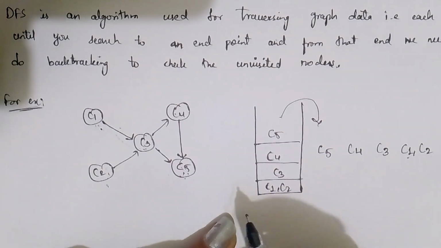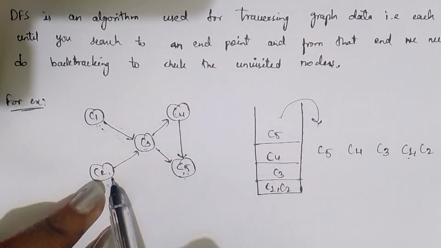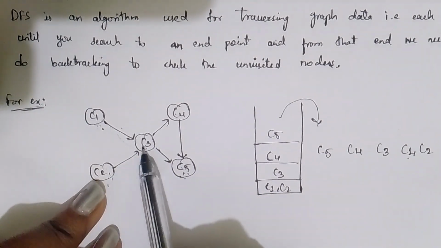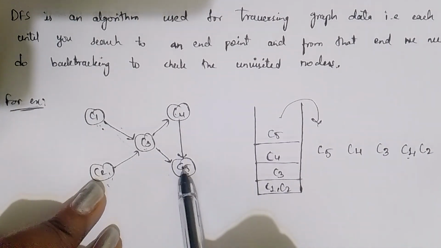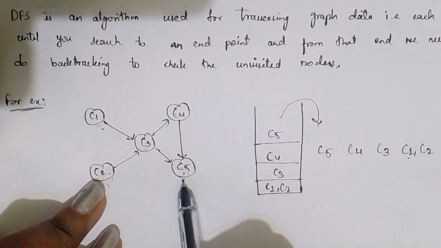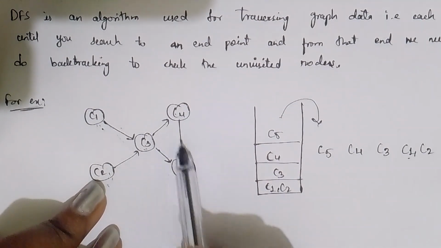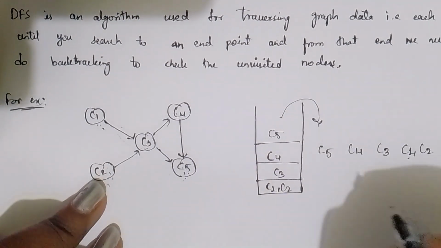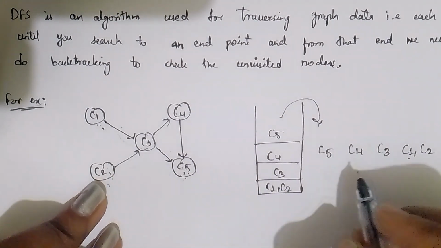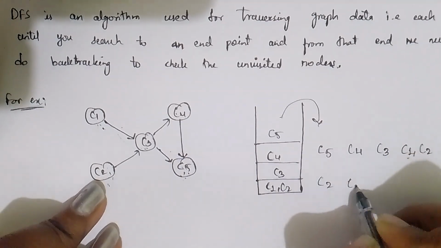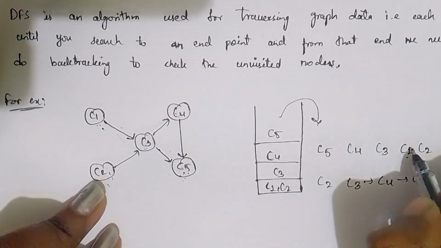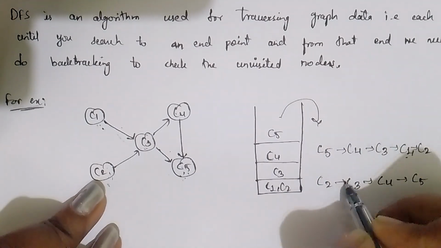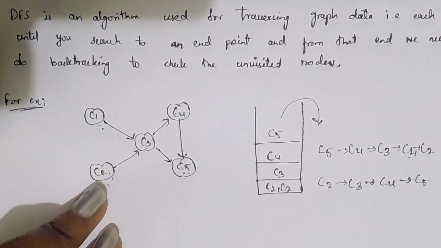Now you can see that if we move from C2, we have to traverse towards C3 and then towards C4 and C5. We will get this order, right? Then there is no endpoint. From here we are getting a new ordering, right? I'm going to write this order also. It is from C2 we are going to C3, C3 to C4, C4 to C5. You may get any number of orderings while sorting.